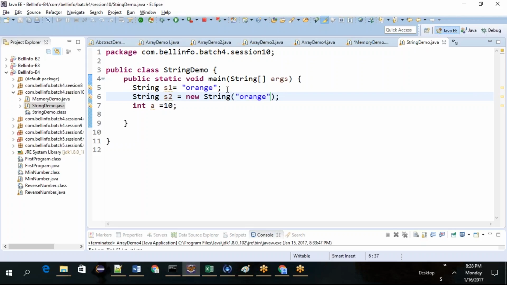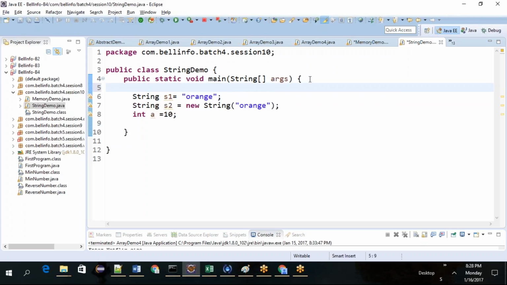Whenever you create a string object, they are immutable. String objects are immutable. This is an important thing; in interviews they will ask what immutable objects are. What does immutable mean?